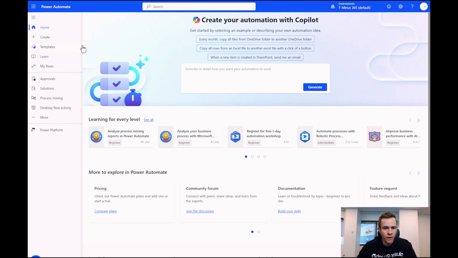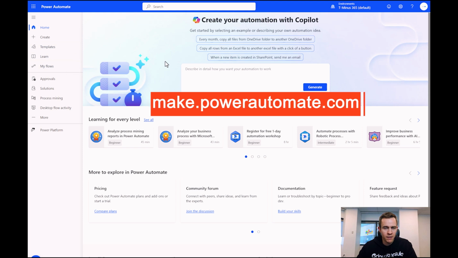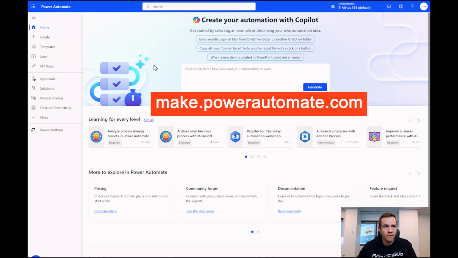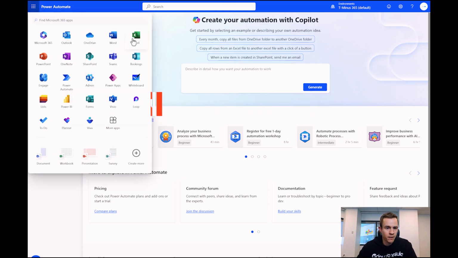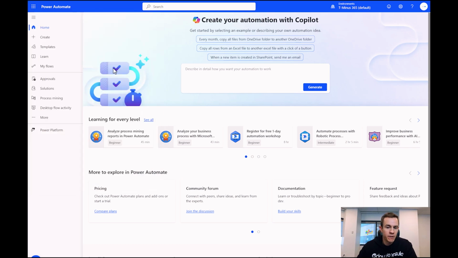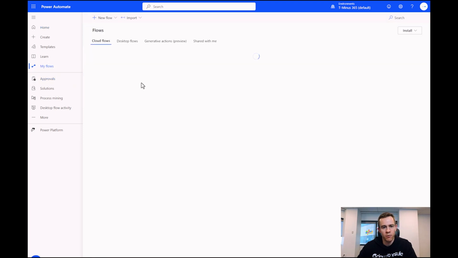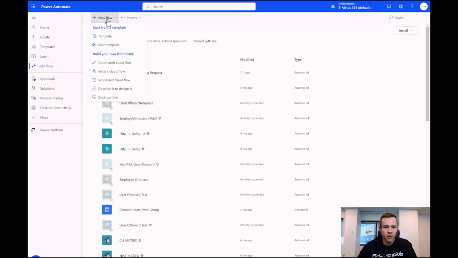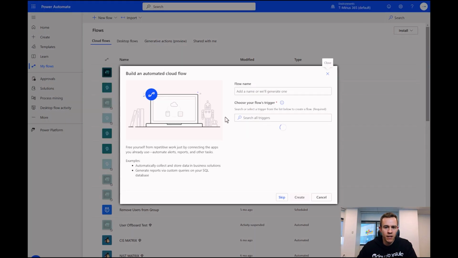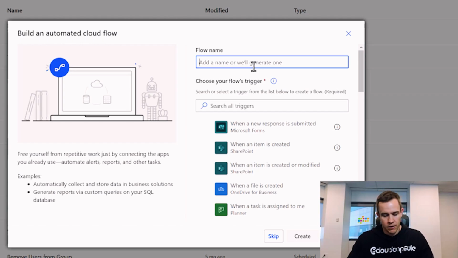As we keep going through there, you can get here by going to make.powerautomate.com, or if you sign into office.com, look at your applications, you should be able to access Power Automate. This is where, again, you would want to set up and log in as that automation account, that service account, if you're going to set it up with that. Just as an FYI, I'll get into how you can import my template a little bit later, but right now we're just going to go ahead and build an automated cloud flow, and we're going to call this